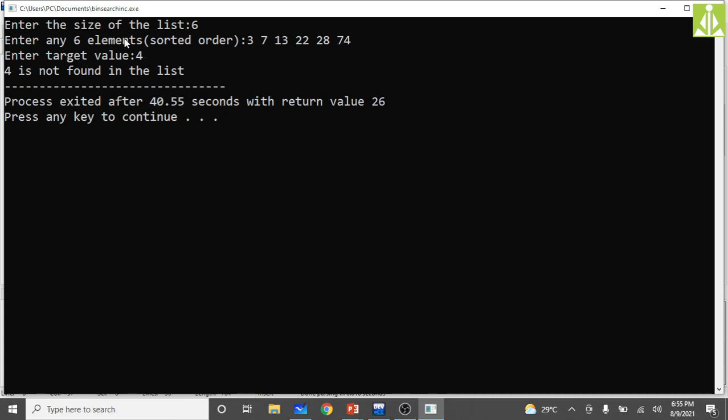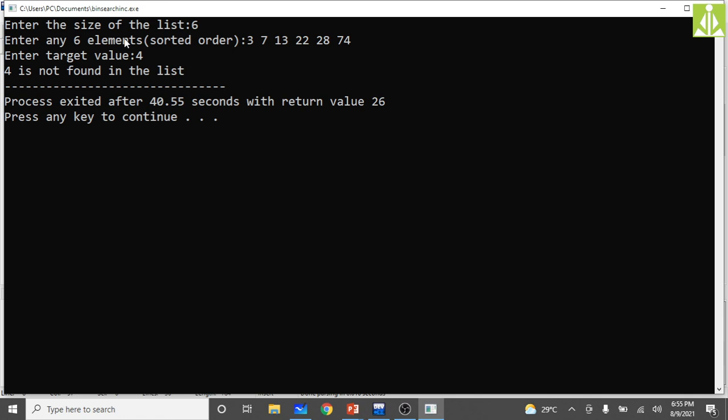Then only we can come to the conclusion that the target is not found. But in binary search, that thing we are avoiding. After each iteration, our list size is becoming almost half, so we get a reduced number of comparisons.